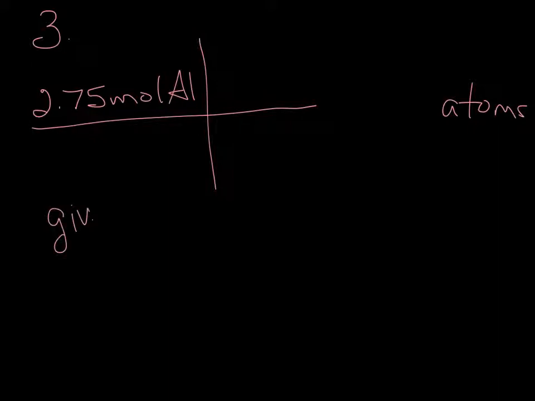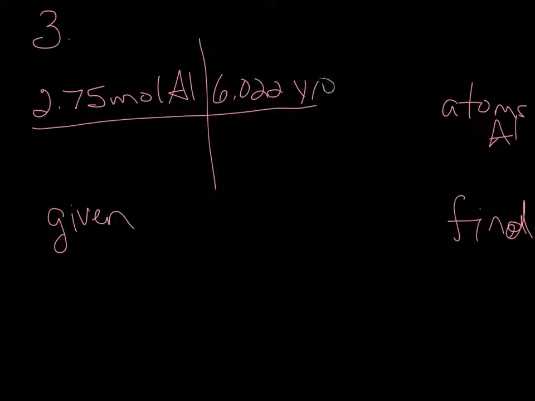So this is what I was given, and this is what I'm trying to find, and this is atoms of aluminum. Sorry for my handwriting. So 2.75 moles of aluminum. We know that there's always 6.022 times 10 to the 23rd atoms